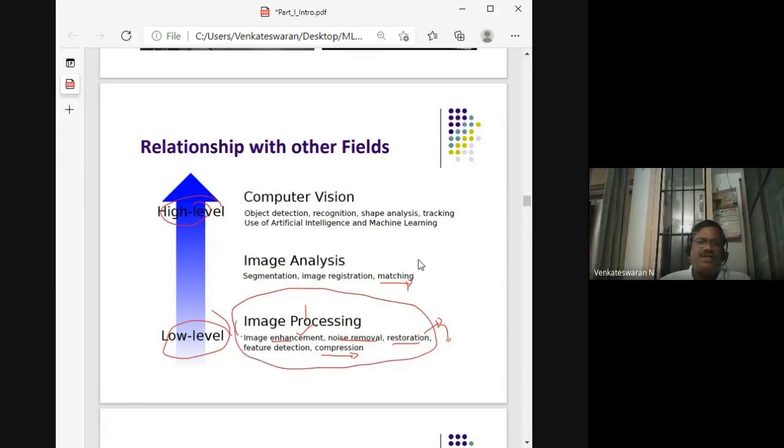Now, in fact, if time permits, on some other occasion, we'll be able to do some more high-level processing of